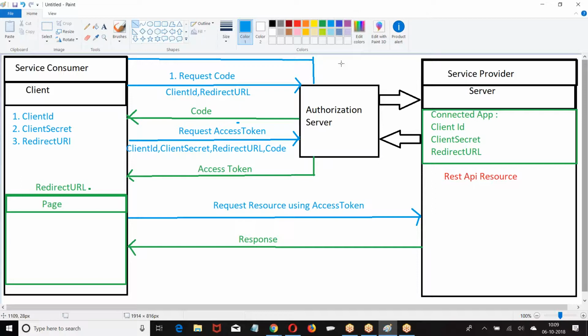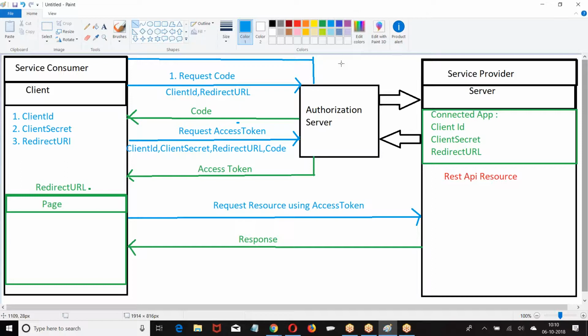Again, if you want to make one more request to the resource, again, in the form of a REST API, if it is a REST API. I hope you are good with this. Clear for everyone? Have you followed this? Everyone is good? So what are the two formats? Examples with the third party we'll see tomorrow. Understand the format. I'm doing it with Salesforce. We'll see with the third party systems tomorrow.